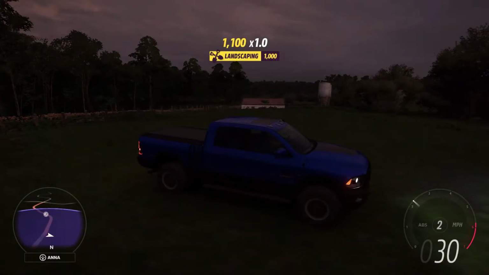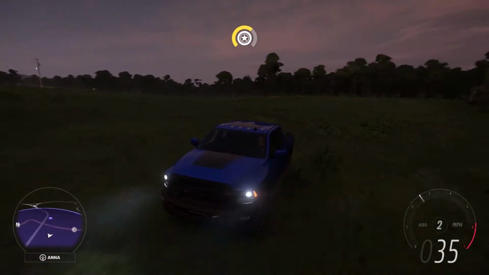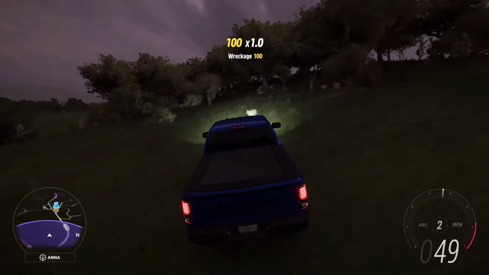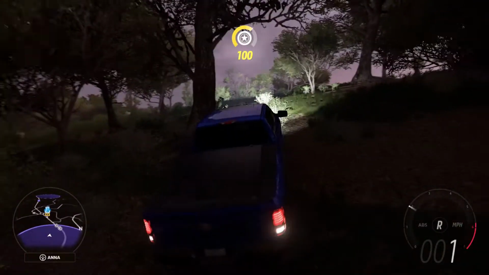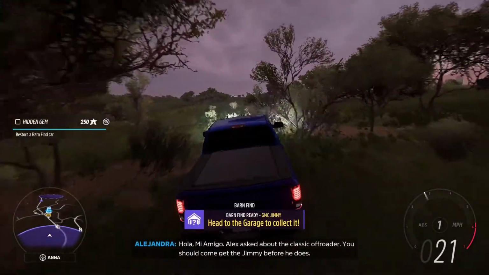Now, the tricky part here... Oh, wow, look at that! You can actually see the beams! The beams on the headlight. That's so sick. The tricky part here is that it's getting dark. And what that means is it's going to become exceptionally... Crap. Oh, wow, the truck bounced. It's going to become exceptionally difficult to see...